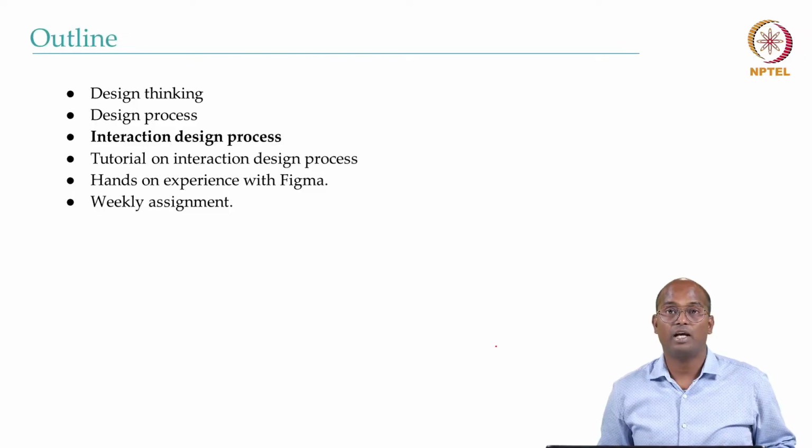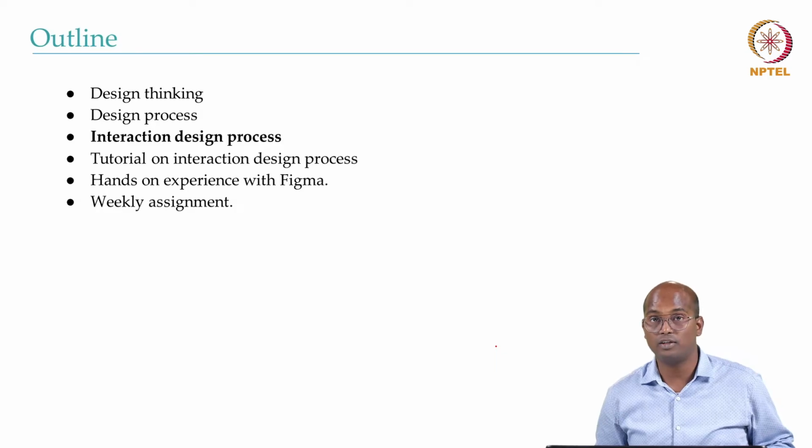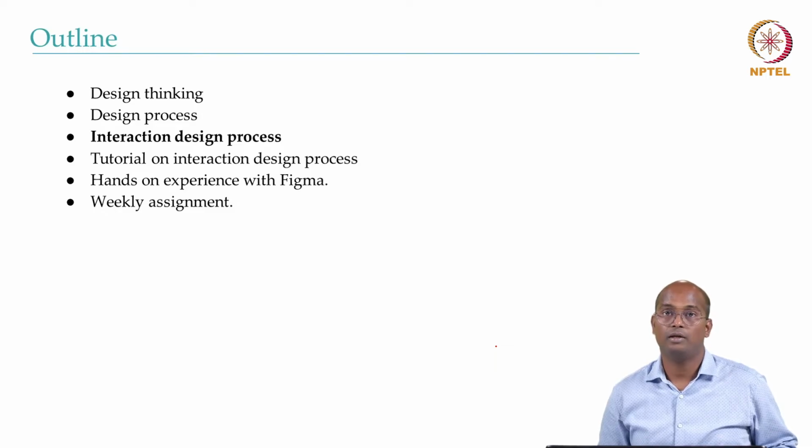In the previous lecture, we have studied about interaction. Primarily, we have studied what is design thinking, what is design process, what is the difference between them. We have also discussed a use case of Airbnb and how this design thinking and design process has helped Airbnb to turn just a few $1 million company into a giant $100 billion company.